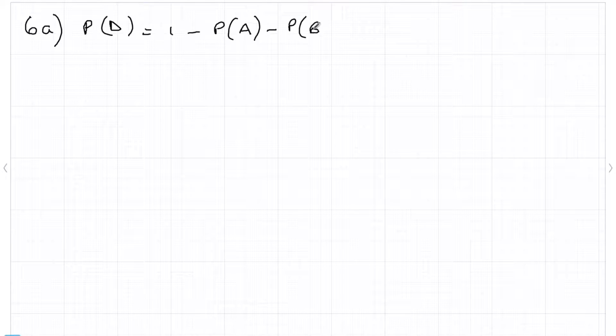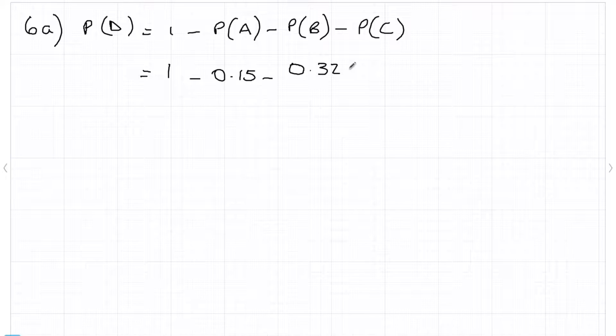And question 6, you've got some data about the probability of another spinner with letters A, B, C or D, and you want the probability of a D. So that's 1 minus the probability of A minus the probability of B minus the probability of C. The final answer is